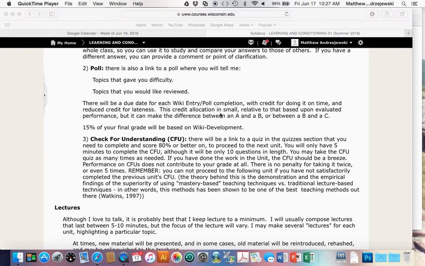So this requirement is a difficult requirement. I recognize it's maybe a little onerous requirement, but we also know that scientifically we have evidence to suggest that these checks for understanding, or these sort of instructional practices, these assessment practices, ensure that you're going to learn and retain the material better than most.